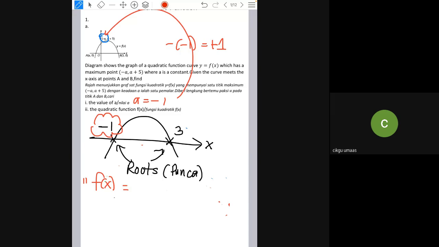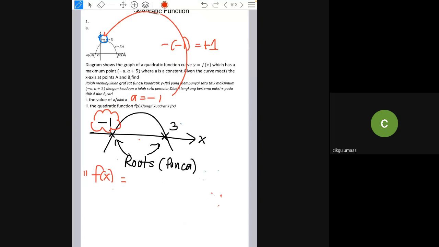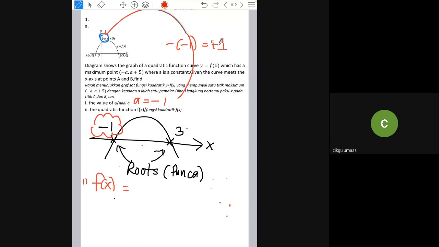They gave the coordinate as negative A. Yes or not? But that's the coordinate, that's not the value of the A yet. It's just negative A. They gave the coordinate in the form of negative A. When I substitute the value of A that I got from the answer, the final answer will give me 1. That's not the answer yet, right? Yes or no? Welcome, no problem. Do I understand that? Good, clear your doubts. Okay.